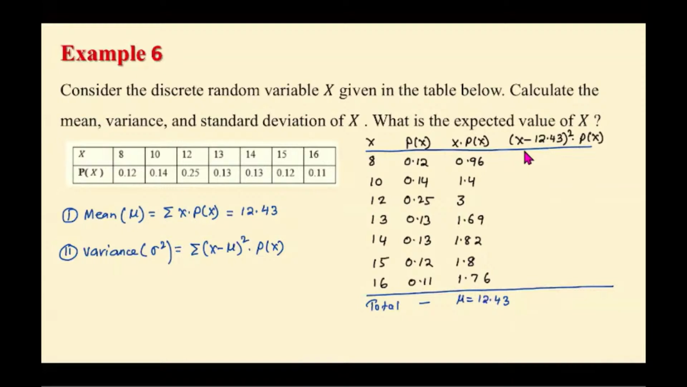So here what you have to do is, first we need to plug in 8. So it will be (8 minus 12.43) quantity squared multiplied by p of x. P of x is 0.12. So if we do that, we get 2.355. Make sure you check this in your calculator. Similarly, if you plug in 10, it will be (10 minus 12.43) squared multiplied with the probability, which is 0.14, and you'll get